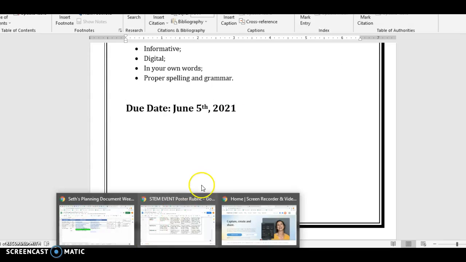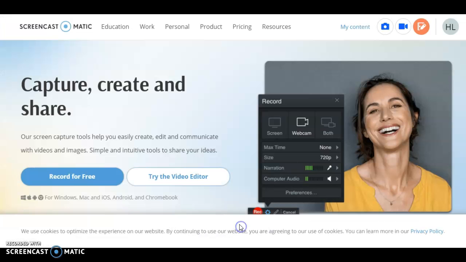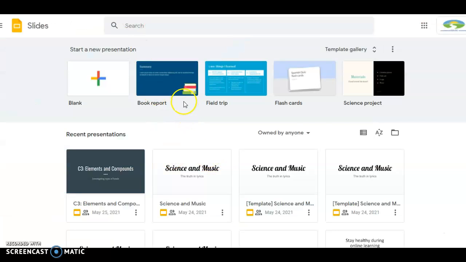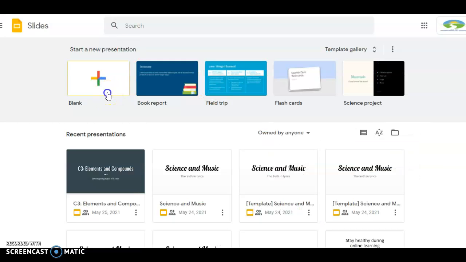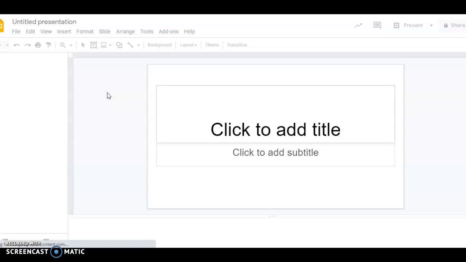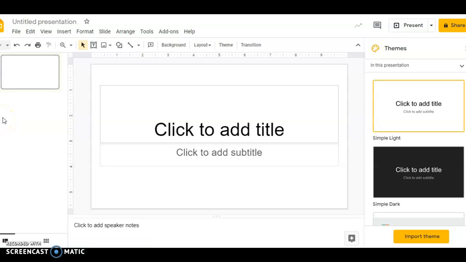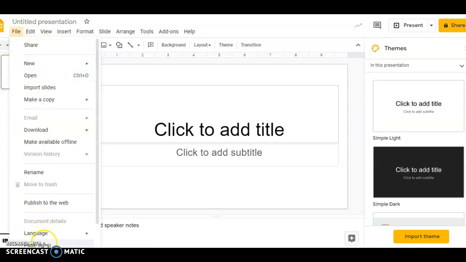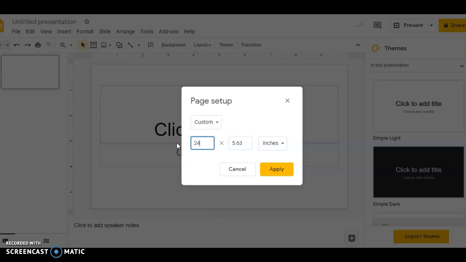I and Mr. Dan, however, would recommend that you use Google Slides. And I'm going to attach this document, which actually tells you how to make Google Slides into a poster. I'm going to show you real quick, and then I will put this in there too if you need more help. So you just go in and create your slide, and then you're going to go to File, Page Setup, Custom. You change that to 24 by 36,